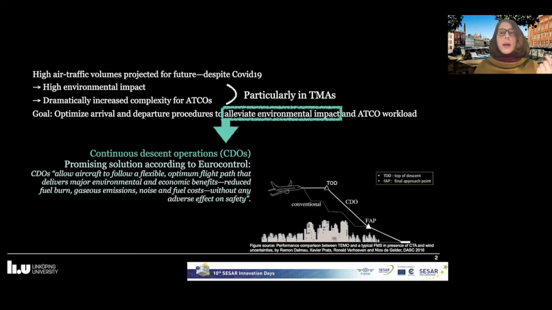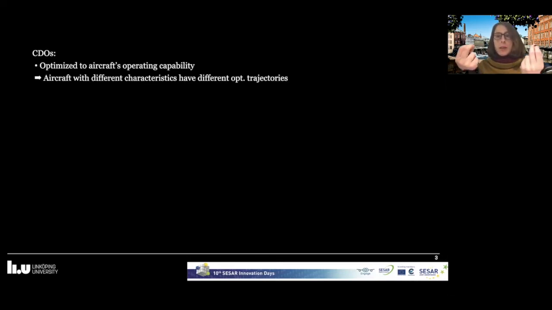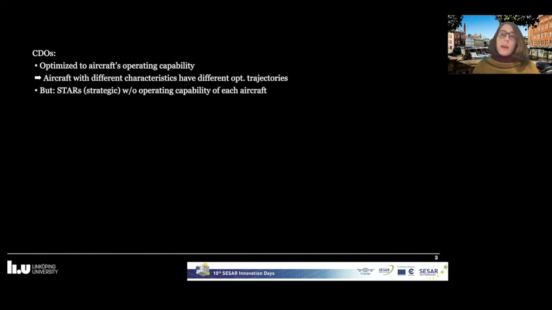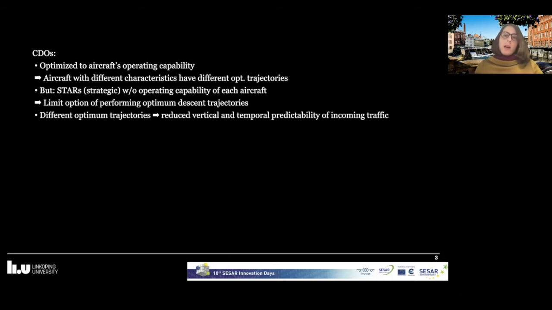So let's look at those CDOs in detail. The CDOs are optimized to the aircraft's operating capability, which means if we have aircraft with different characteristics, we also have different optimized trajectories. On the other hand, the STARs, the strategically published arrival routes, are done without taking the operating capability of each aircraft into account, so they severely limit the option of actually performing the optimum descent trajectories. Also, if we have different optimum trajectories, that reduces the vertical and temporal predictability of the incoming traffic,